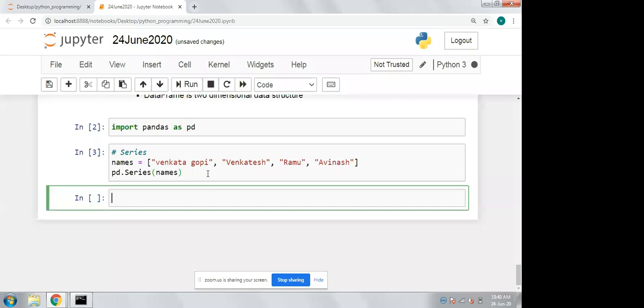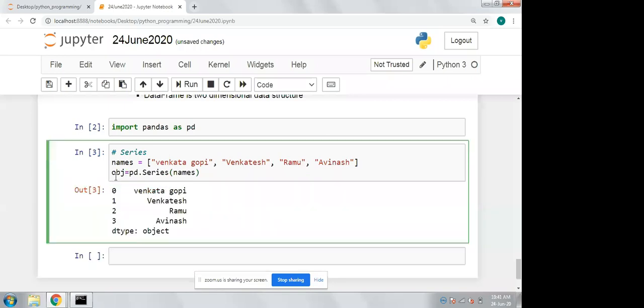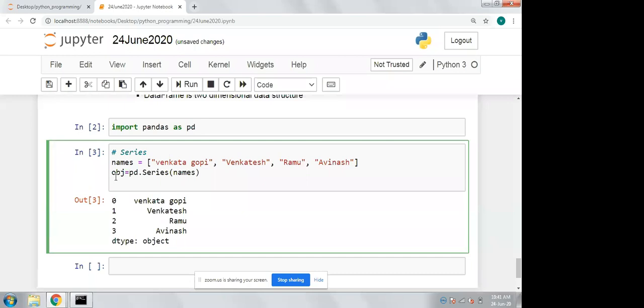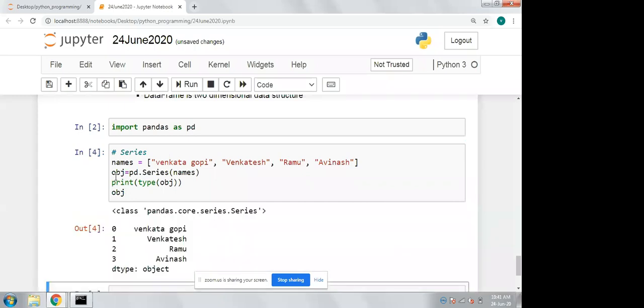You can also check the type of the object. You will get the type of the object: pandas dot core dot series. And this is the series data. And you can also find the positions here.